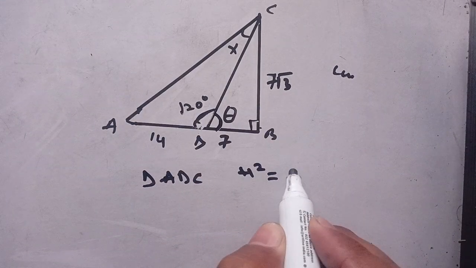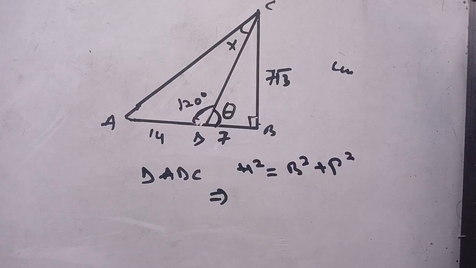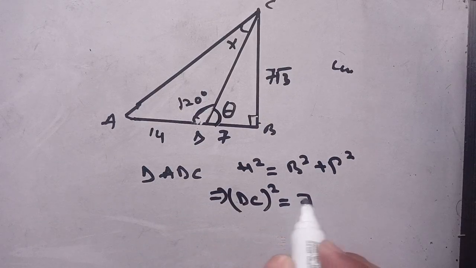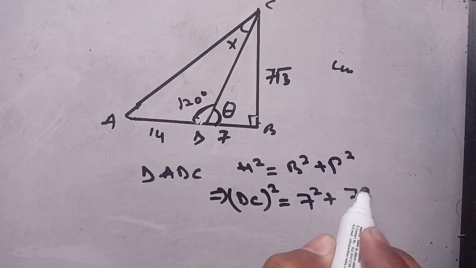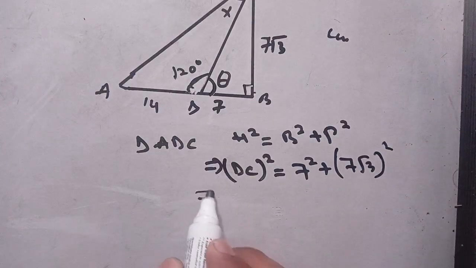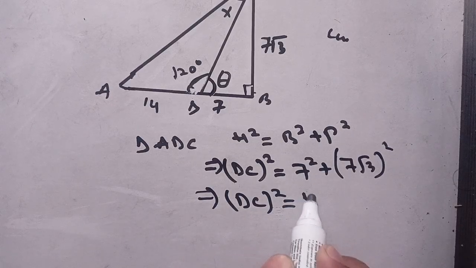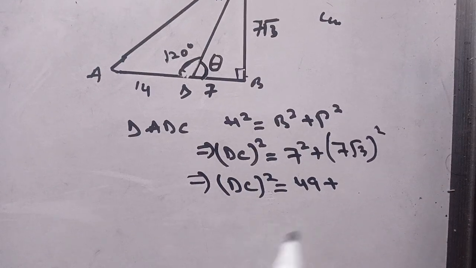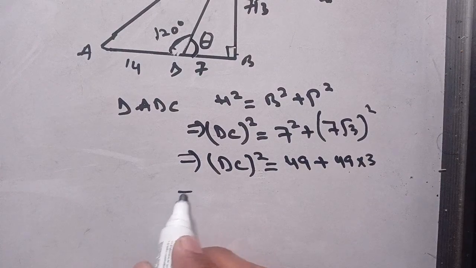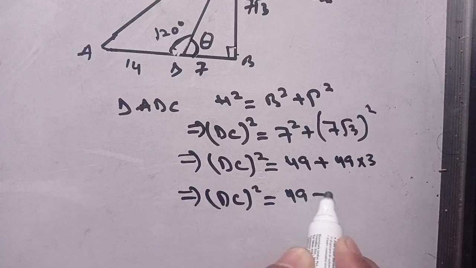Hypotenuse square is equal to base square plus perpendicular square, which implies hypotenuse DC square is equal to base square, 7 square, plus perpendicular, 7 square root of 3 whole square, which implies DC whole square is equal to 7 square, it becomes 49, plus 7 square, it becomes 49 times 3, which implies DC whole square is equal to 49 plus